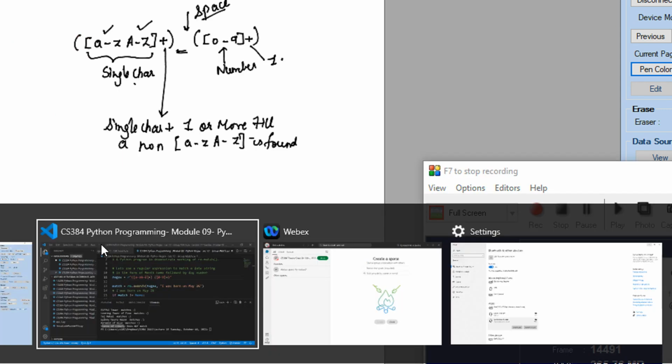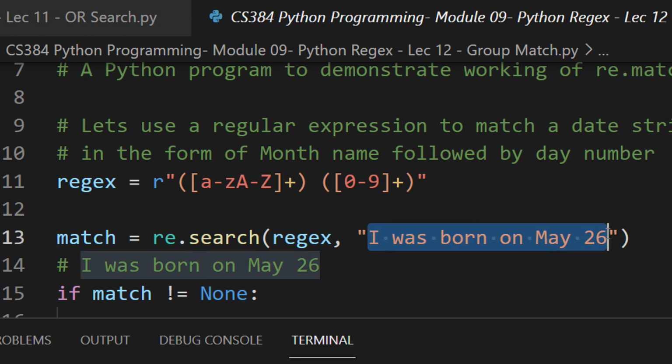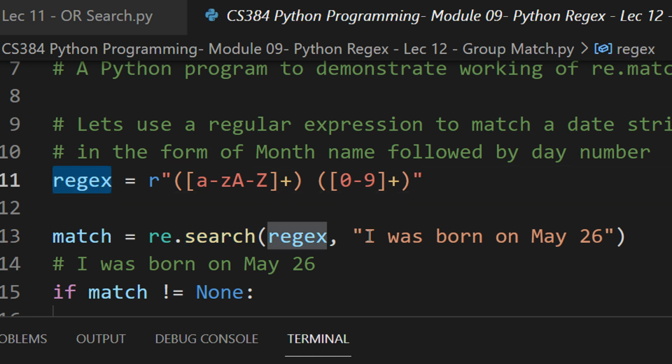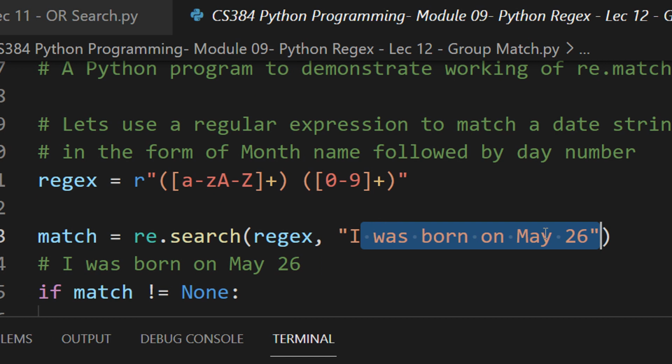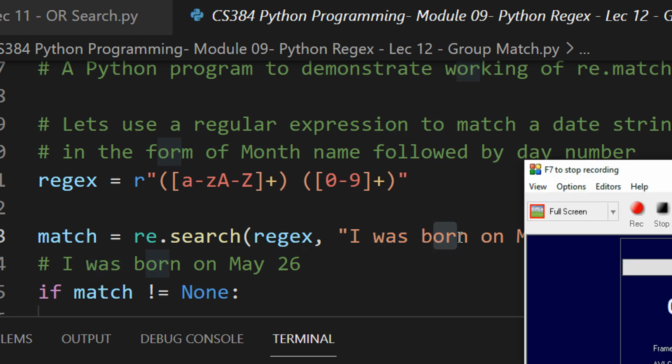So let us just see the code once and then you will realize what it is. I have a simple sentence: I was born on May 26th. I'm trying to have a regular expression. You can see I'm using the search clause, searching this regex in this particular sentence. My regex is a word followed by a number. It reads two words together, I and was. Is it a word? Yes, but not followed by a number. Then it jumps to the next two, was born. Let me show you how it works.